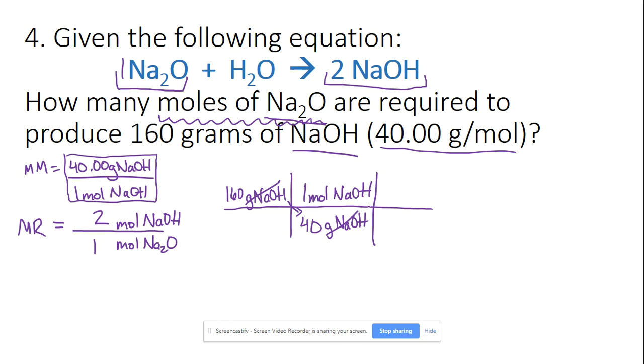So we've got to do another step. Whatever unit we're trying to cancel out, just carry it down to the bottom, moles of NaOH. We already used our molar mass, so that's gone, which means we only have the mole ratio left to use. I see that there is a 2 with our moles of NaOH, and the other part of our ratio has to go in the top. 1 mole